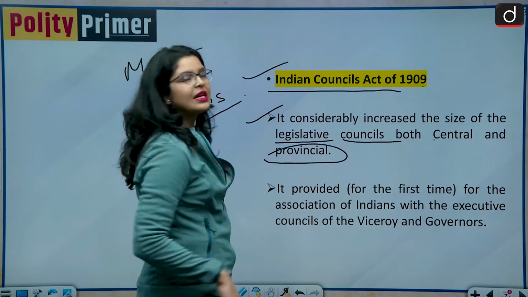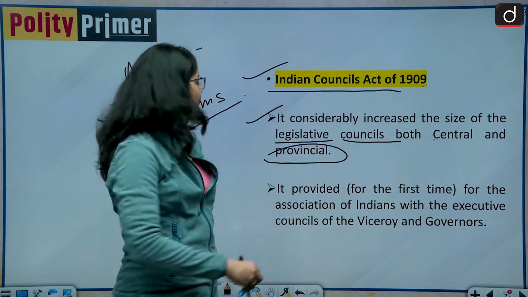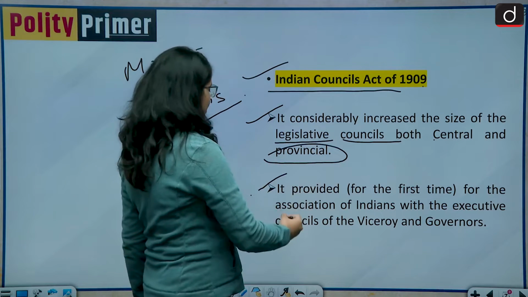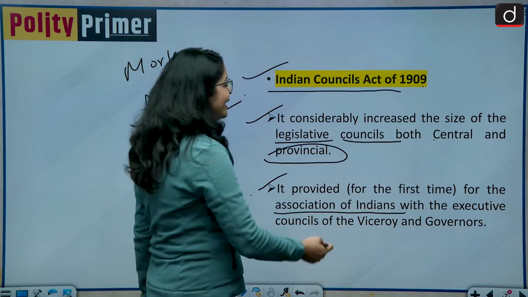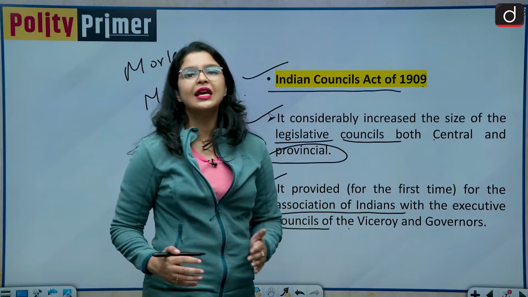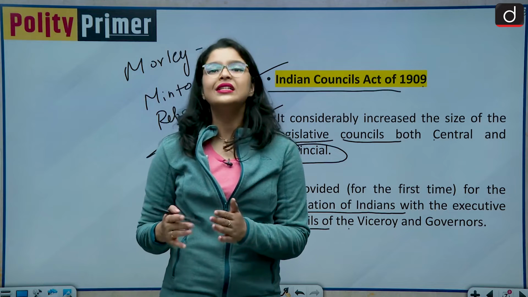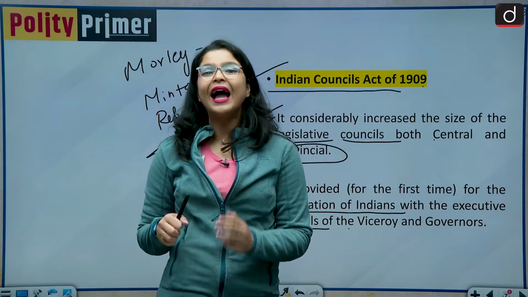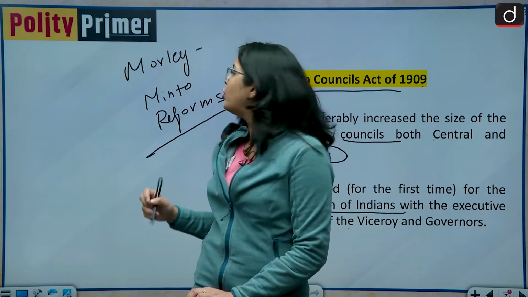At that time, the states were known as provinces. It also provided for the first time for the association of Indians with the executive councils of the viceroys and the governors. And not only this,